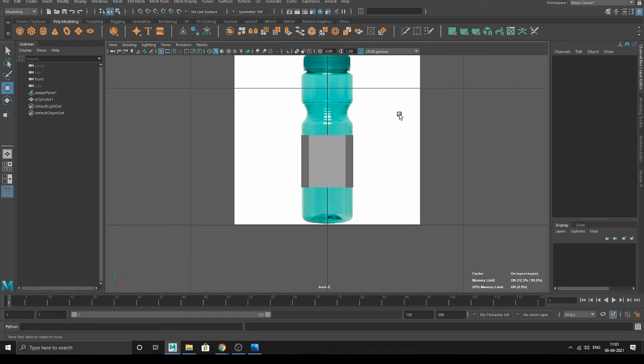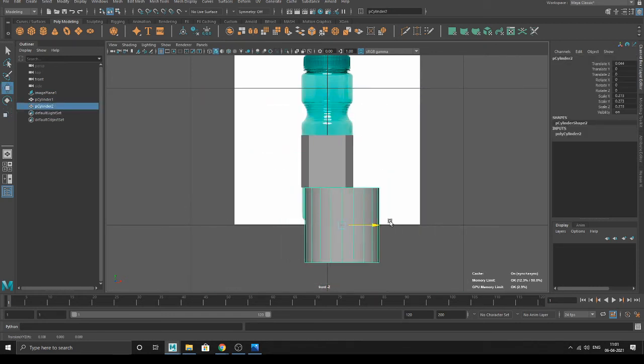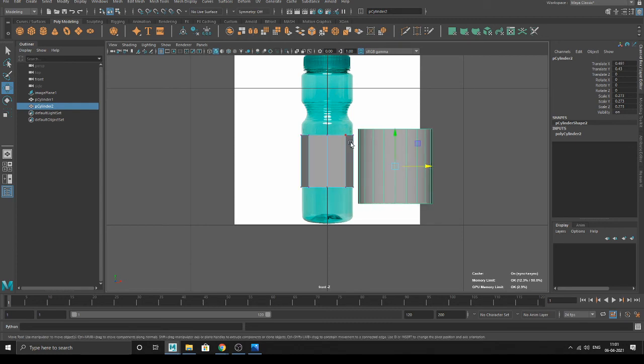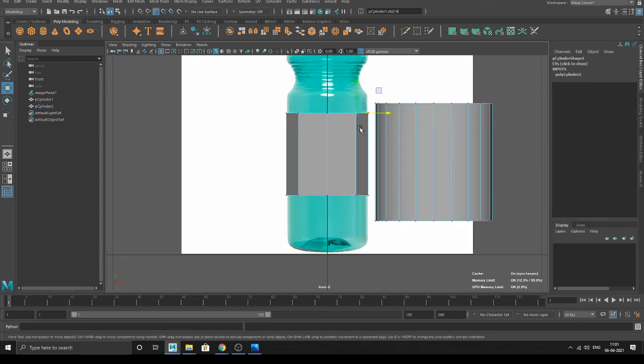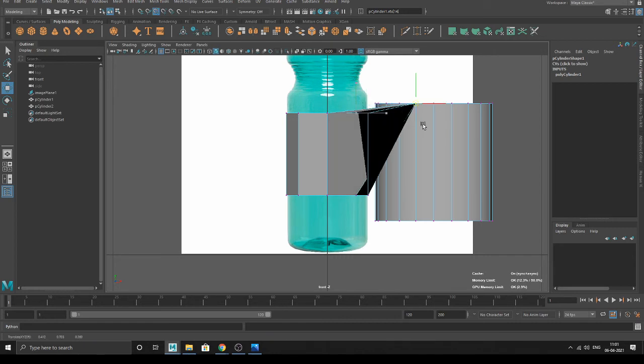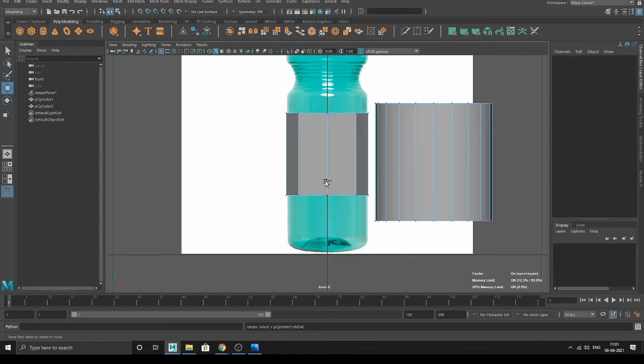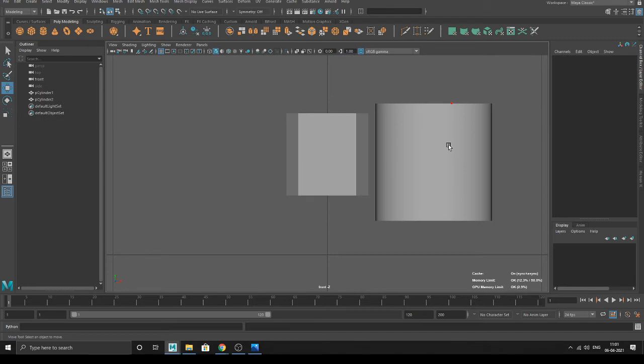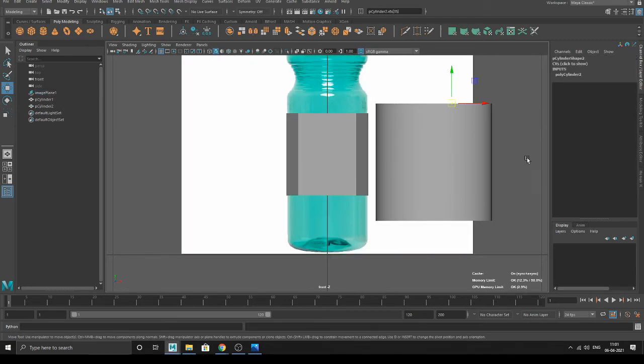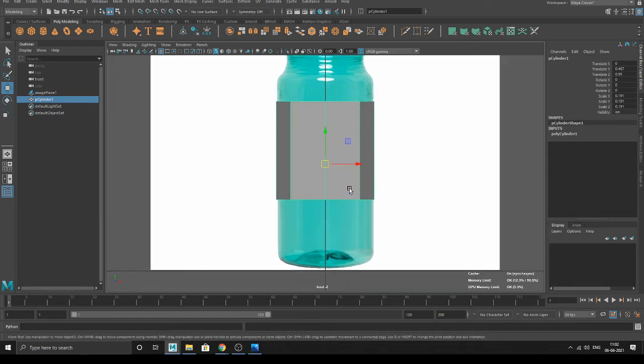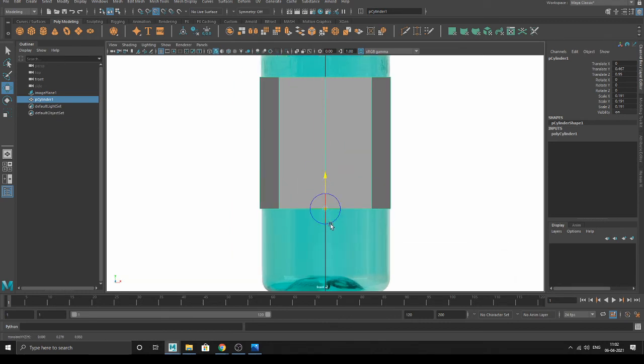Look here, when I take two cylinders, these are two cylinders here. Now this vertex, I'll press V. What happened? It snaps. Look, this vertex is snapping onto every other vertex. With the help of V, it is a little complex, a little advanced thing, so it's okay if you don't remember this for now. So D and V, and take it down. Just pull it down like this. It won't go below the object, because with the help of V, you can only snap in the object area. Now it is down properly.